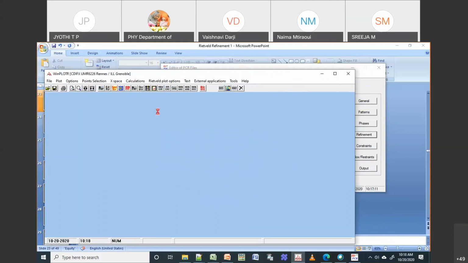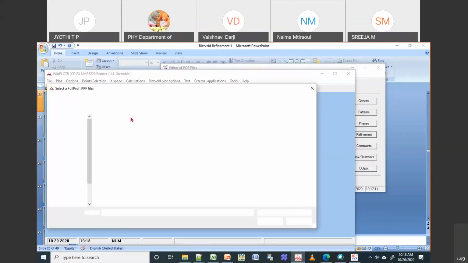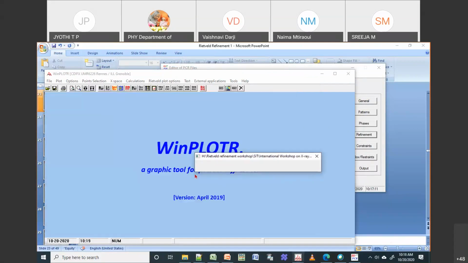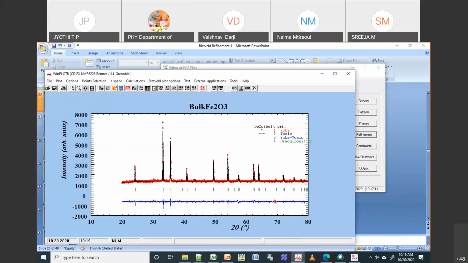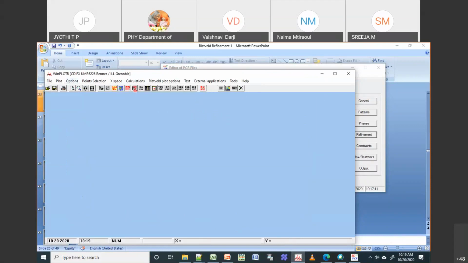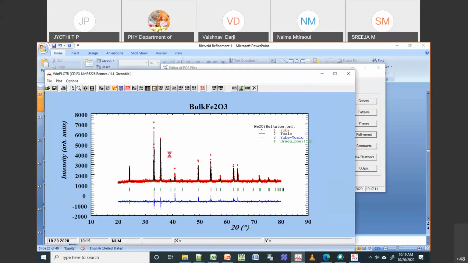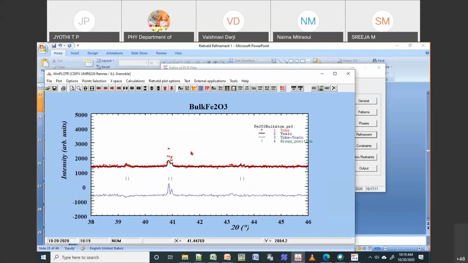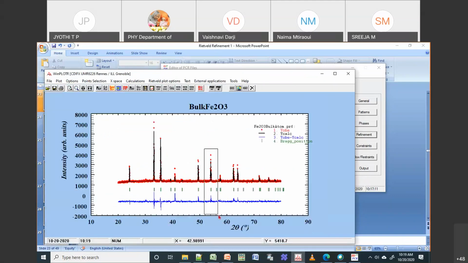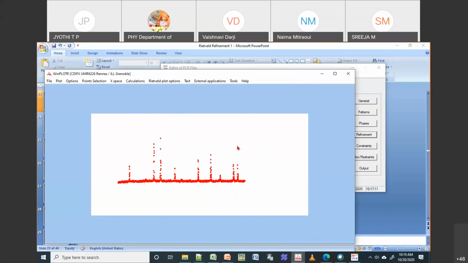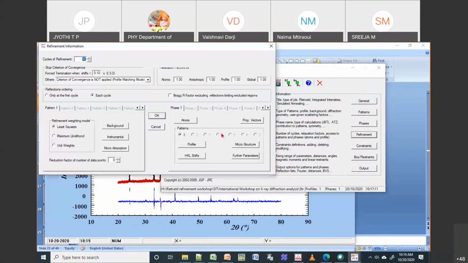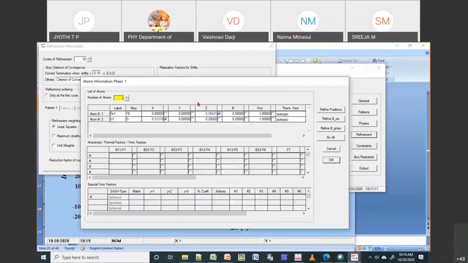Now I will open the profile fit. You can see it was somewhat okay, the difference was not too much, even though there is some small discrepancy. But if I open the same for Rietveld refinement, you can see there is some change in the intensity. This intensity should be coming better. How to get it better is by doing further refinement of your atomic position and your BISO. I can do this BISO for oxygen and iron.